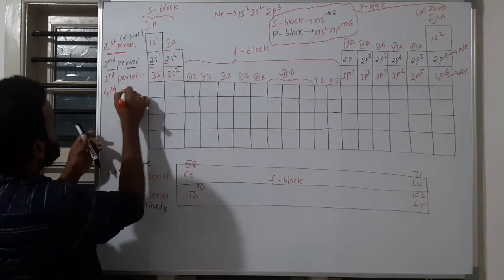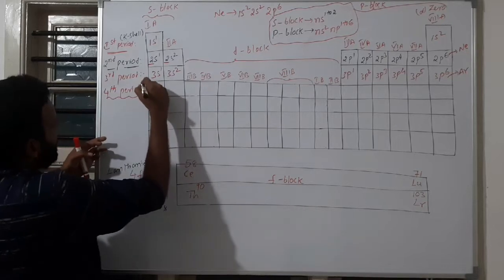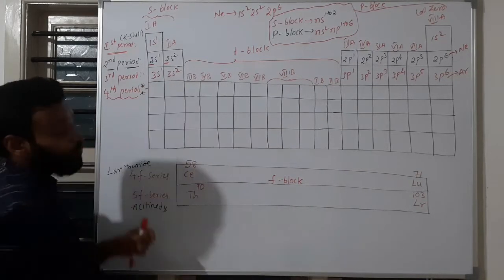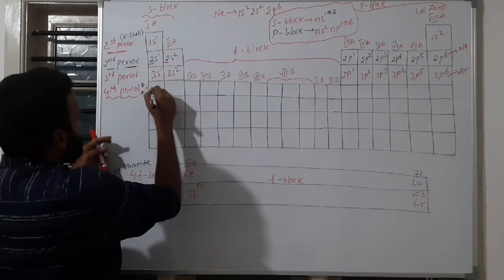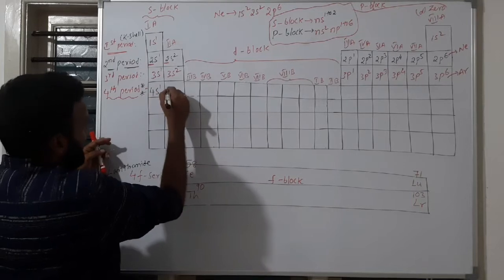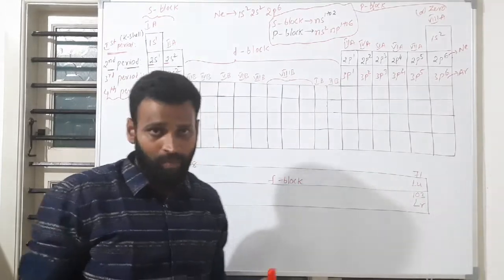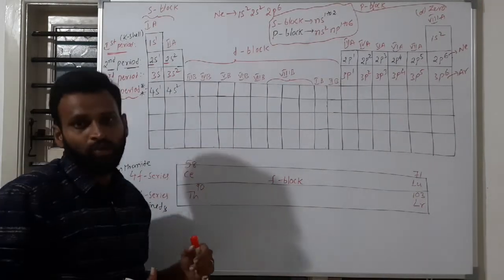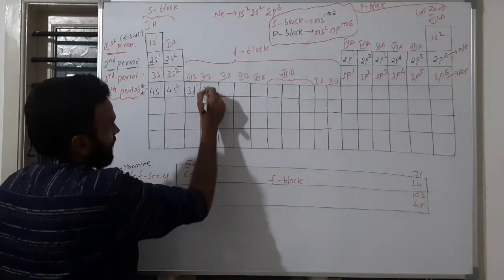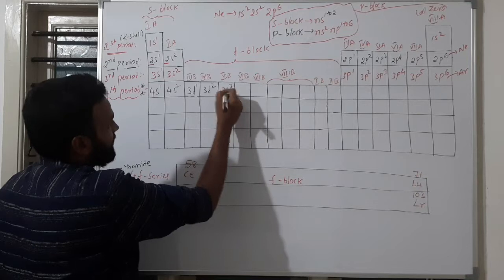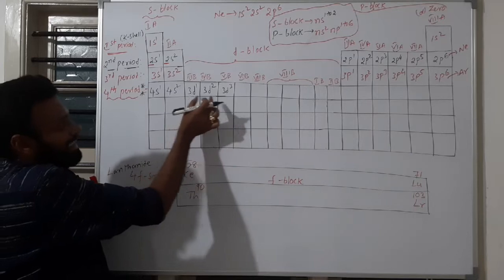Here you have one small thing. Fourth period, I will keep a star here. Why? 4s will come, no doubt. Here what will fill is first 4s1, and here you have 4s2. But just observe the diagram. After 4s, the subshell that is going to fill is 3d1. Right? Here you have 3d2 and 3d3, because the 3d subshell is going to fill now. So after 4s, 3d will fill.